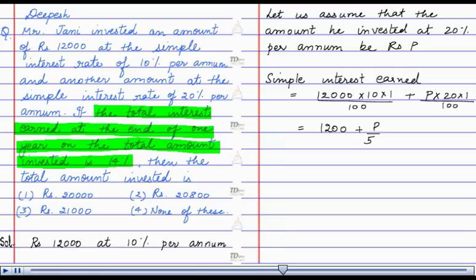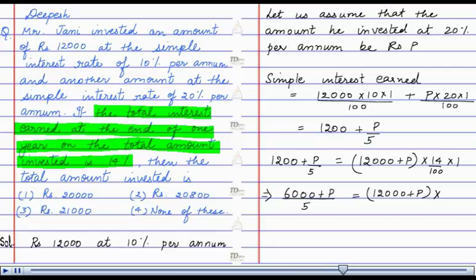That is, this 1200 plus P upon 5 is equal to the total amount, that is 12,000 plus P, at the rate of 14% per annum for 1 year. This implies 6,000 plus P upon 5 is equal to 12,000 plus P